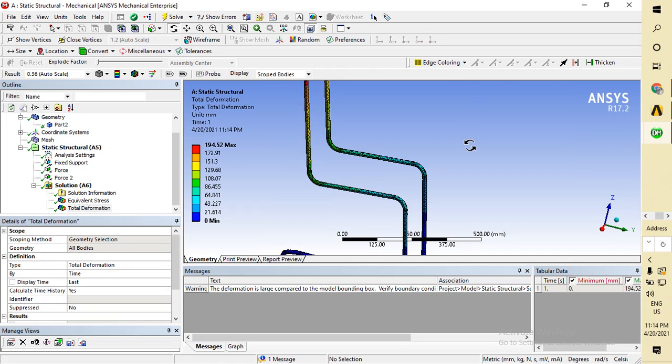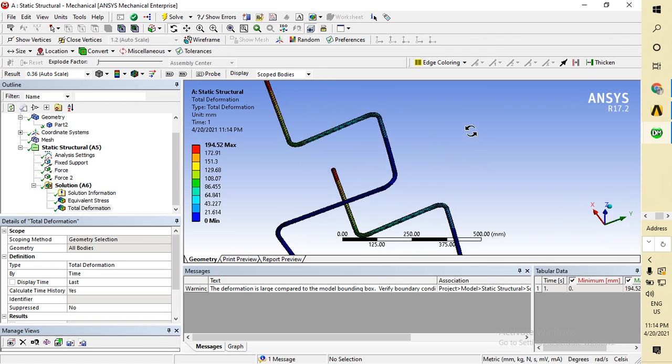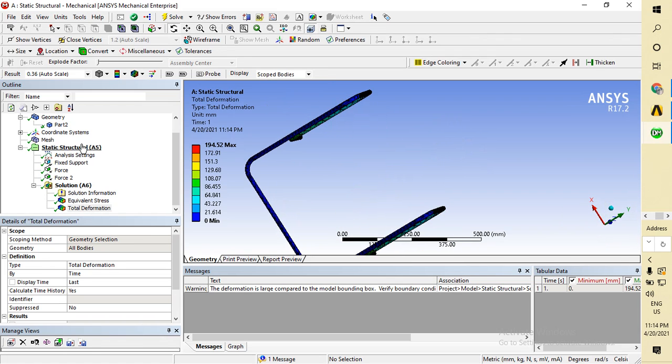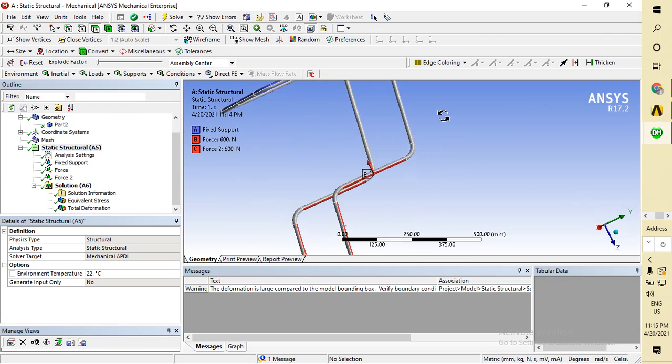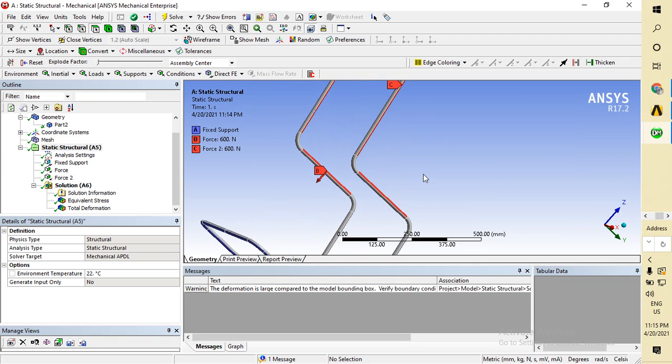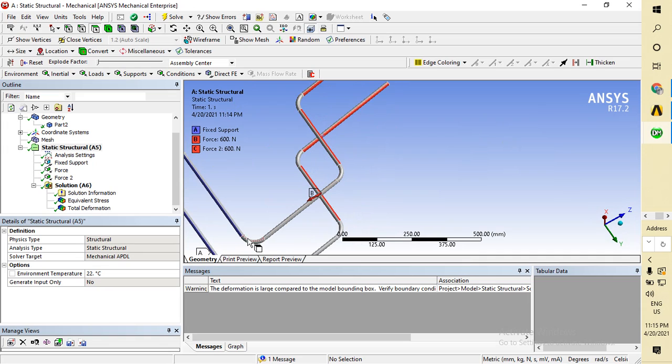Okay, now in this the maximum stress will occur at the touching point at the end of the fixed support.